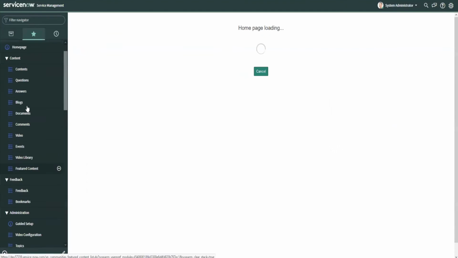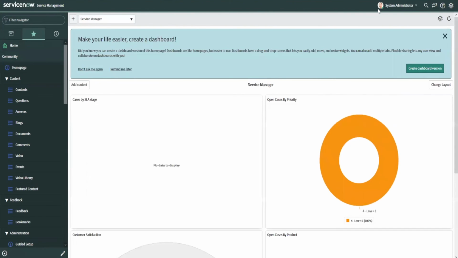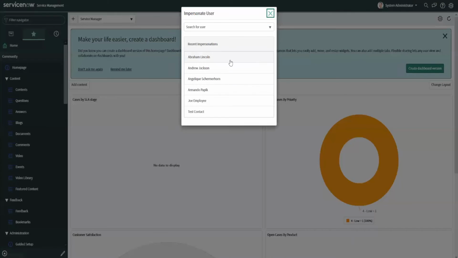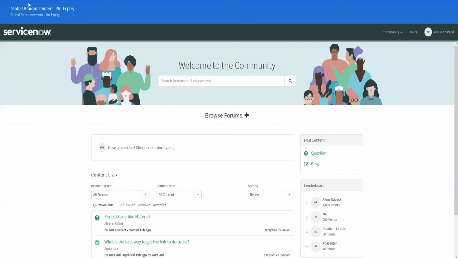And now let me go in as my community admin. Abraham Lincoln is moderating my community today. So as a community administrator, the community admin role gives me the ability to do all of the knowledge harvesting,